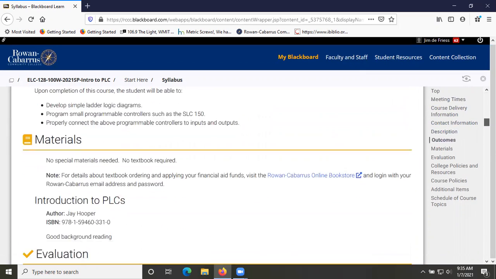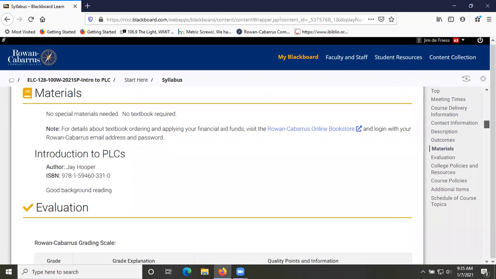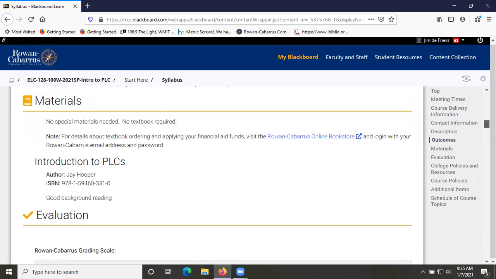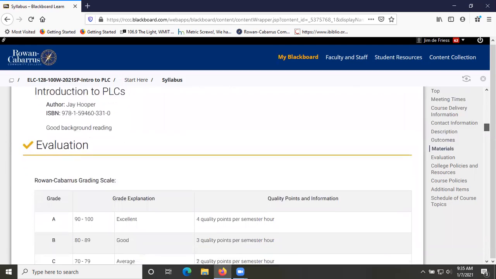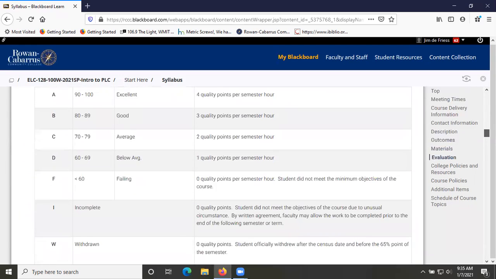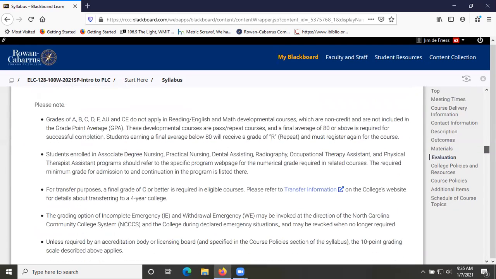Prerequisites, outcomes, text for the class. There may be a text listed, and that is the text. It's really a good background reference. I don't specifically refer to it, but I happen to know Jay, and he's a good writer, and he shares some of his experiences, and so it's a good thing. We're on a 10-point scale,